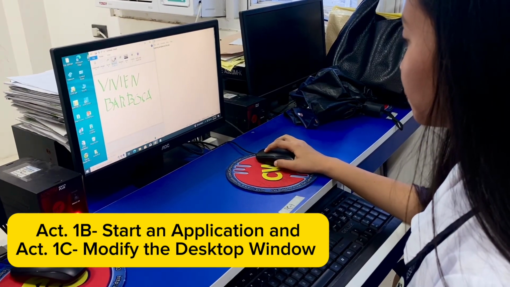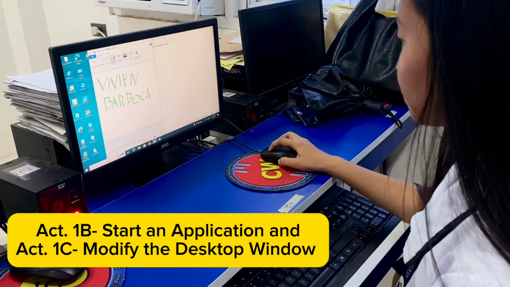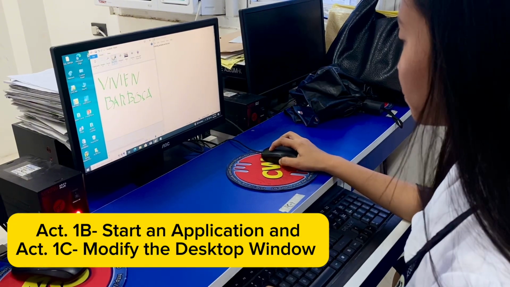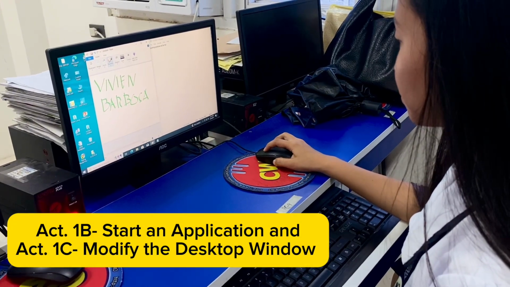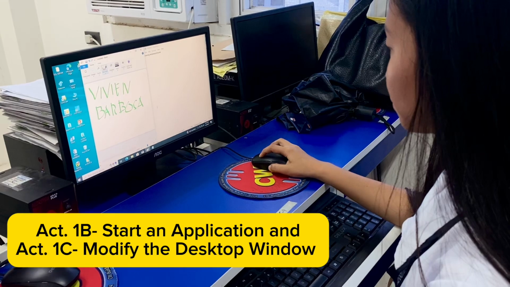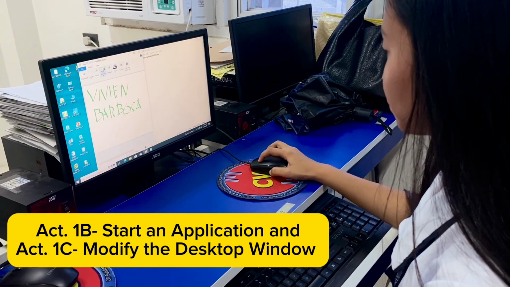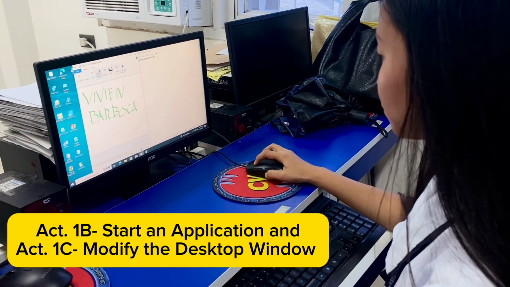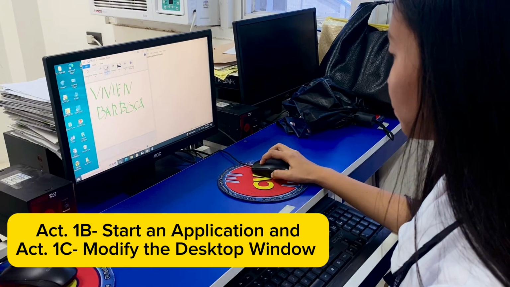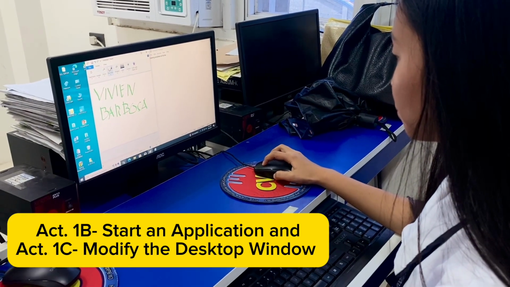Move the mouse pointer to the top border of the Paint application until the up and down arrows appear. Hold the left mouse button and gently guide the window's border to the top of the desktop display until a ripple appears. The windows will expand to fill the top, side, and bottom of the desktop.